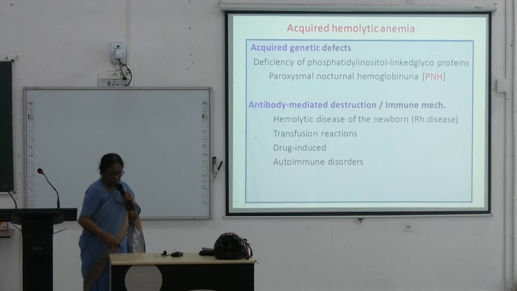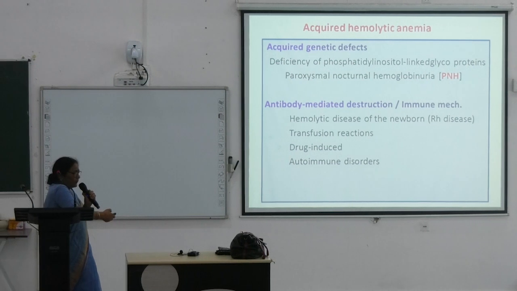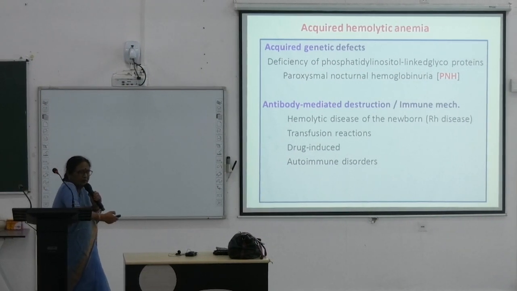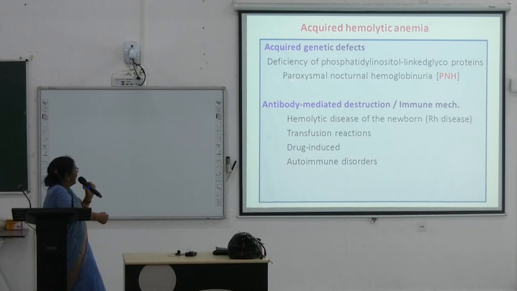Now we are going to our topic today. So acquired hemolytic anemia. All the acquired hemolytic anemias are non-genetic, non-chromosomal in nature. Only paroxysmal nocturnal hemoglobinuria, or PNH, is the acquired genetic defect. It is the only acquired genetic defect where we will get hemolytic anemia. We will go into it later in detail. The other causes are antibody-mediated destruction or immune mechanism, where we will get the hemolytic anemias or the